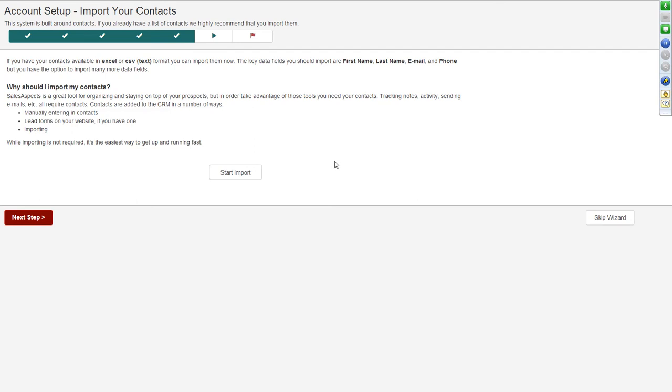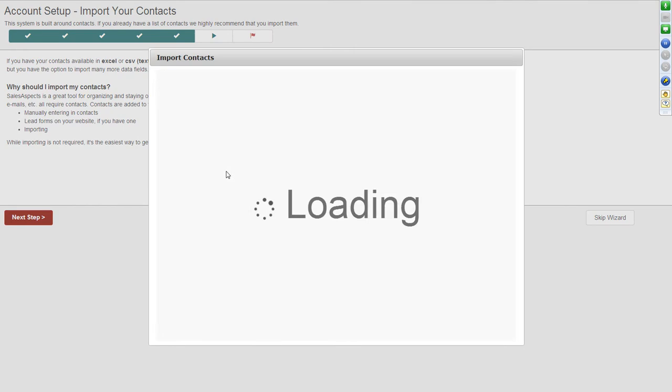Now you might have a contact database already created that you want to import in, or you might want to export a contact database out of multiple other solutions that you're using, such as maybe your MLS or Gmail or something like that. You can compile all of those different databases into one, or you can import them in as separate into separate groups as well. So I'm going to click on Start Import,